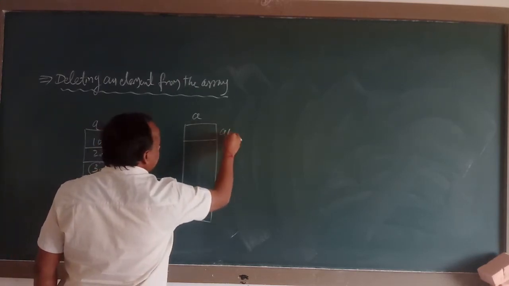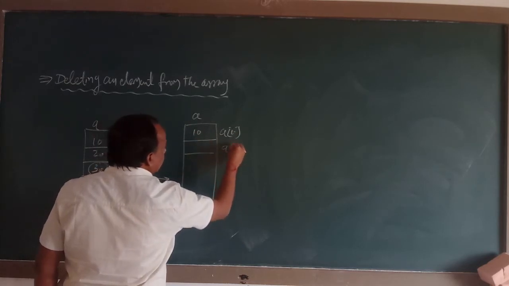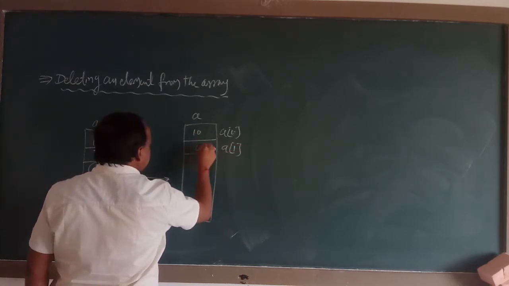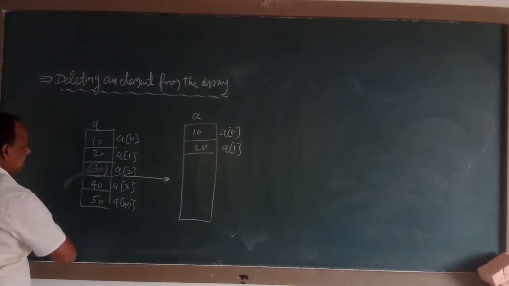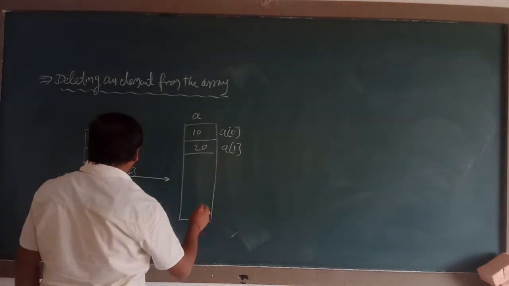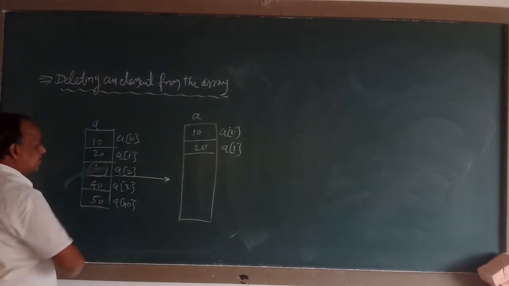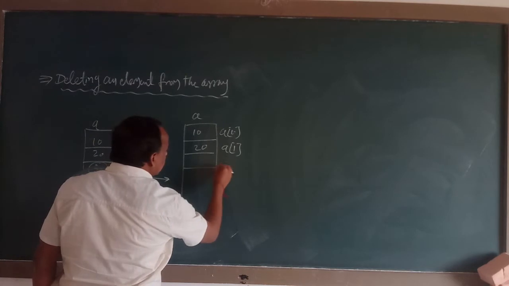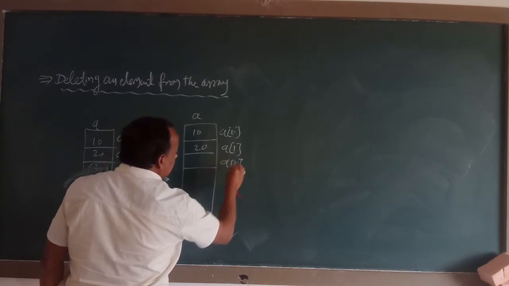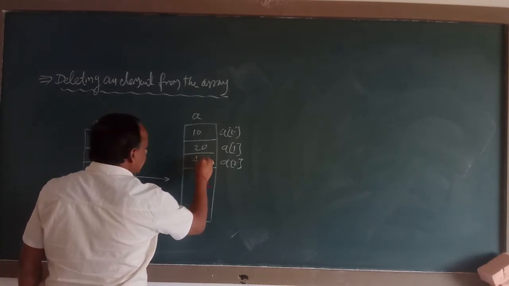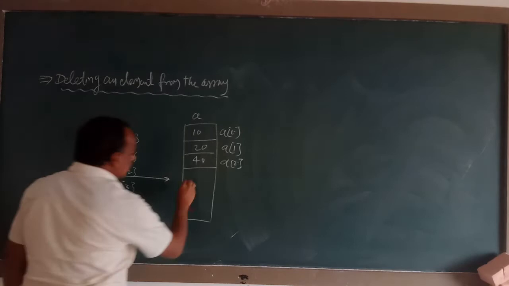That is, A of 0 has 10 and A of 1 has the element 20. We are removing this 30 from the array, so the next element is going to be stored in A of 2. Therefore A of 2 has 40,